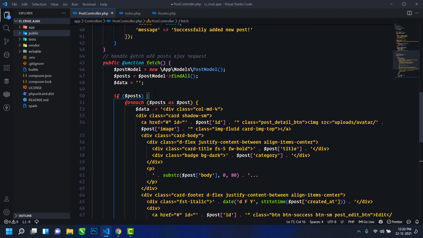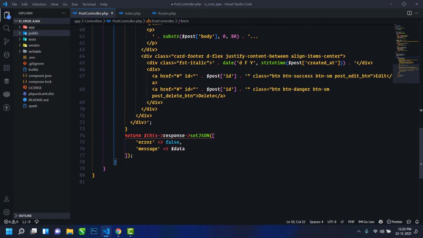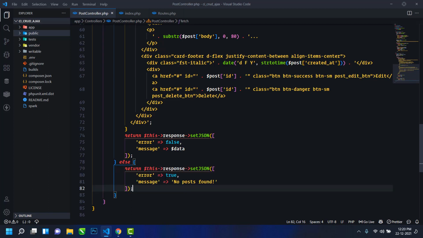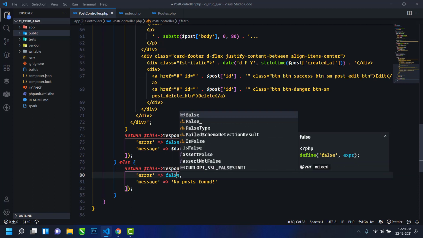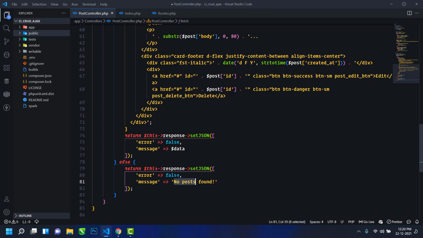Okay, now in case any post is not found in the database, then we will use else here, and in else I will send another JSON response to the client, and in error I will send false, and here in message I will send an HTML response.